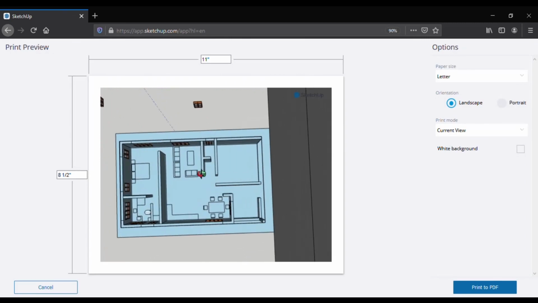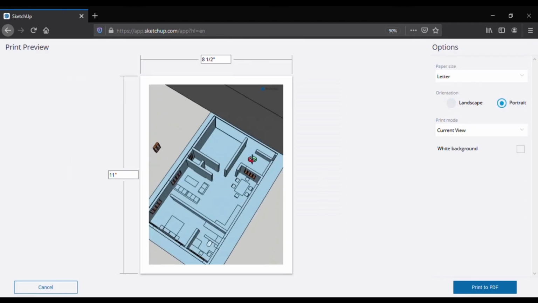We can also export the PDF version directly from it and it's very easy and simple as you can see